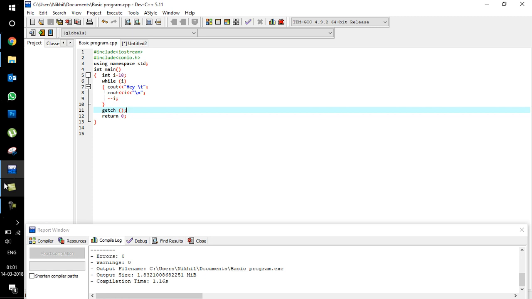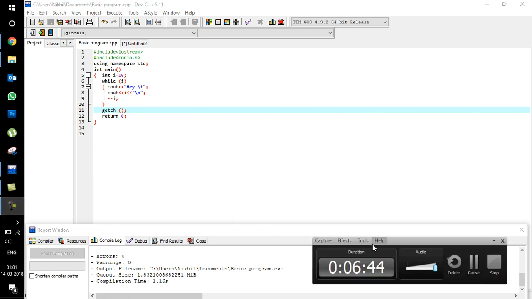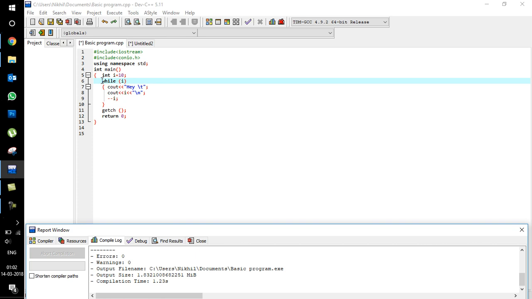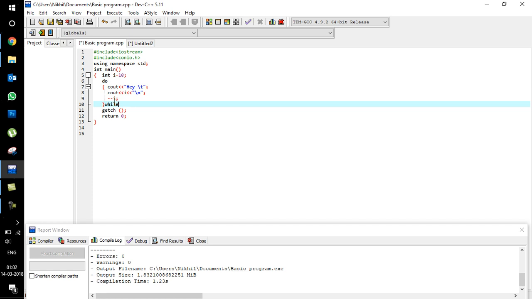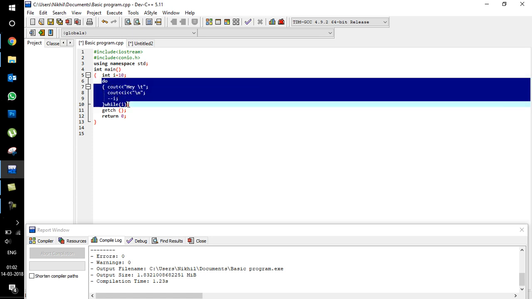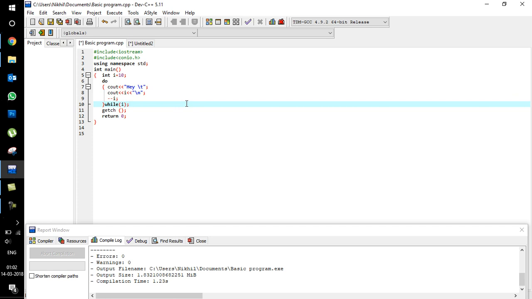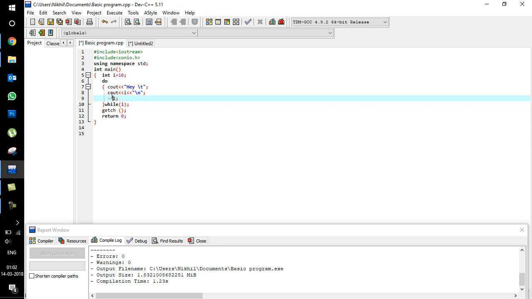And last we have the do while loop. Now the do while loop is very similar to the while loop, right? The only thing is we write do here and we write the while over here. Now the highlight of this program is, if you ask what's the difference between do while and while, the only simple single difference is, while executes whatever number of steps we tell it to. In do while, the first step is executed without checking for any